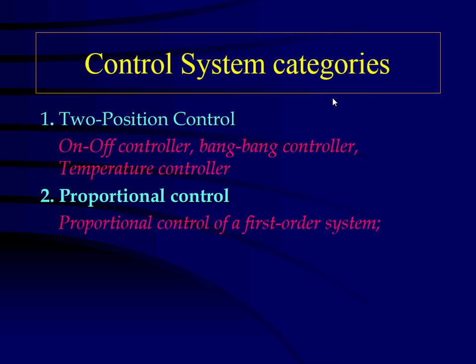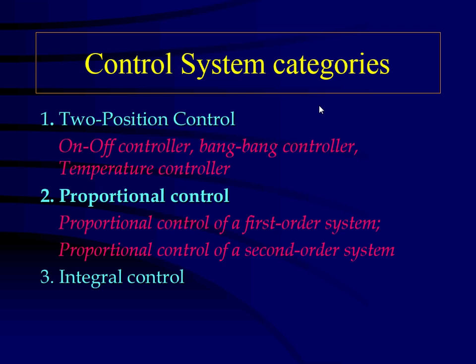You have a proportional control. The two-position is an on and off control system. Like I told you, it's like the sprinkler system on your house or the thermostat in your room. That's the same way. The proportional control is the one that just changes the value of k, as we saw